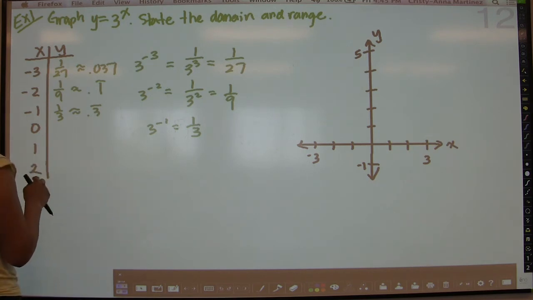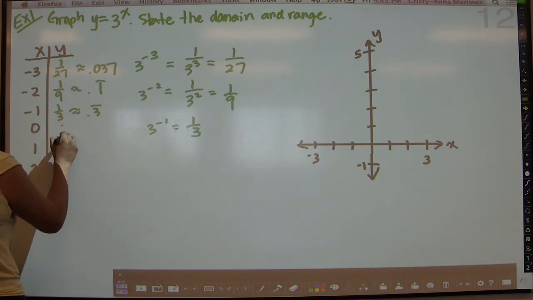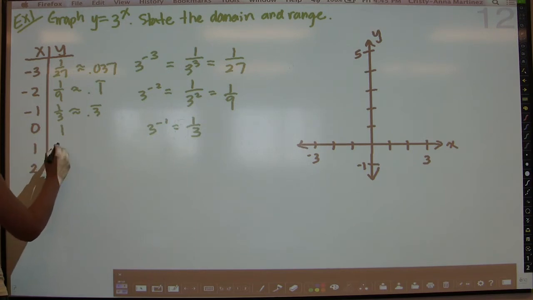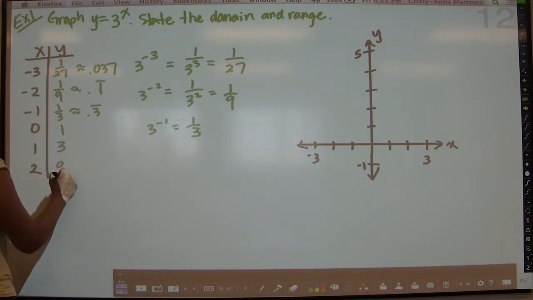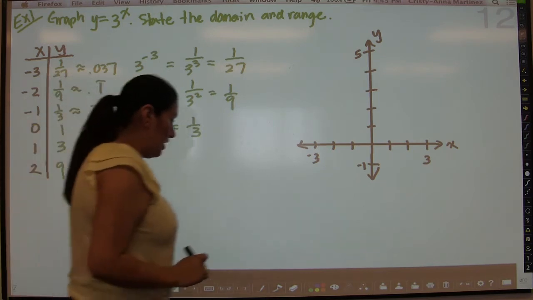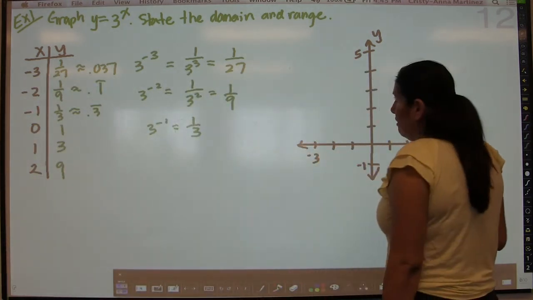And then we have 0. 3 to the 0 power is 1. 3 to the 1 power is 3, and 3 squared is 9. So basically you need to come up with a table of values, and now I'm just going to plot those